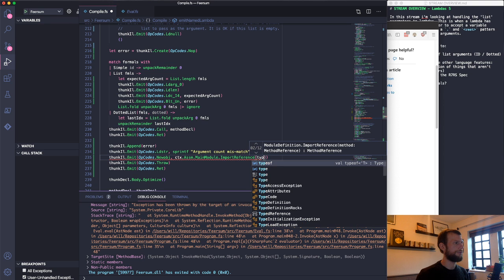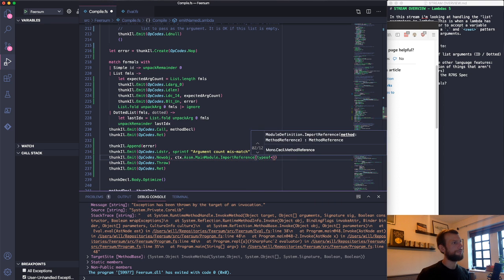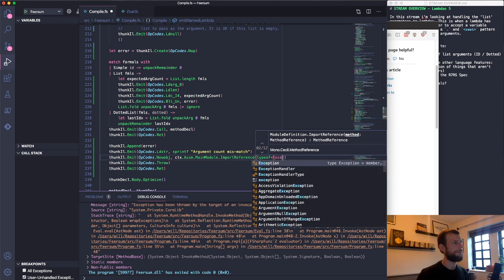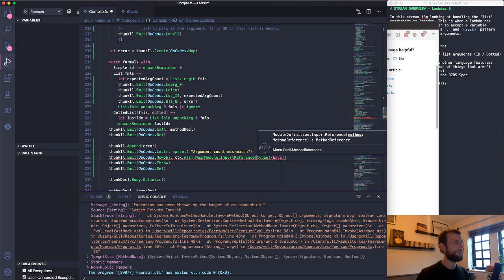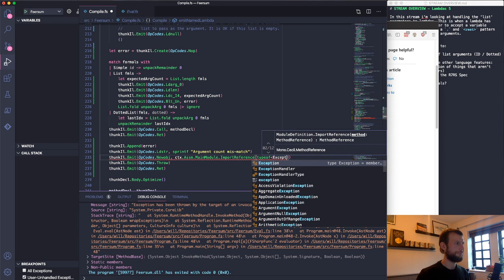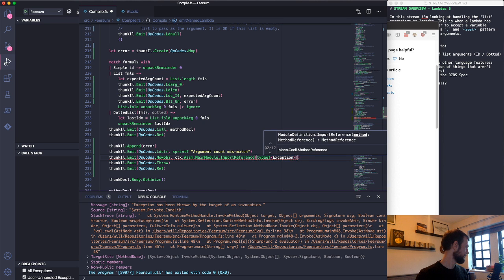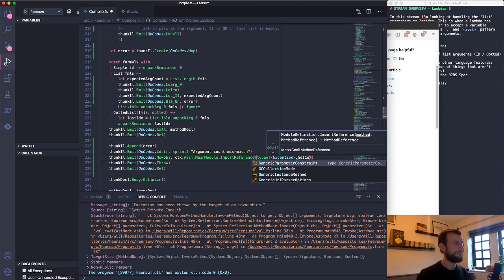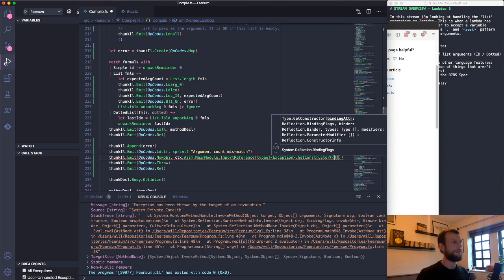So we can do typeof exception, and we want the constructor